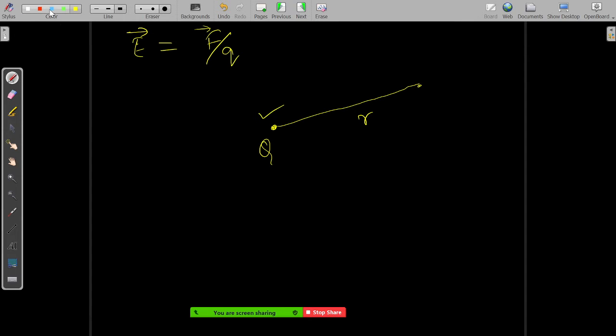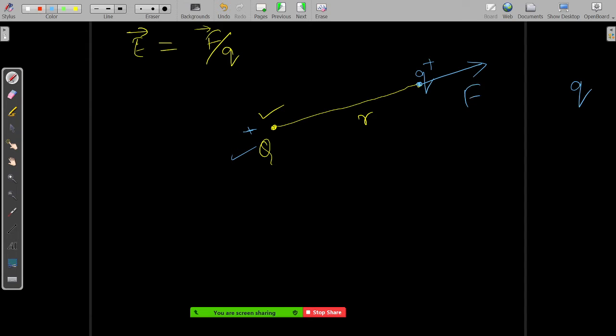So what I'll do is bring a test charge q from somewhere and put that test charge here at a distance of r. It is a point charge, a positive charge; you can take it as positive or negative, no issues. Then we want to find the field extended by this capital Q, so we'll see what force is acting on that test charge.